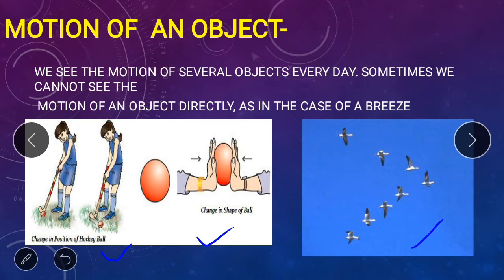But there are certain motions which you cannot see. For example, movement of breeze. Can you see breeze? Can anyone see breeze? No. All of us, we cannot see breeze. As air is moving around you, can you see it? No. We cannot see air. But air is still moving, right? You cannot see it, but air is still moving. So there are two types of motion. Motion which you can see, and the motion which you cannot see. But what exactly is motion? So let's see the definition of motion.